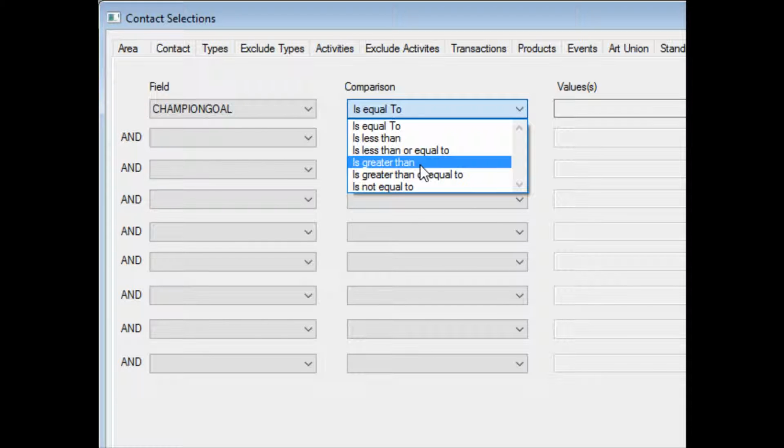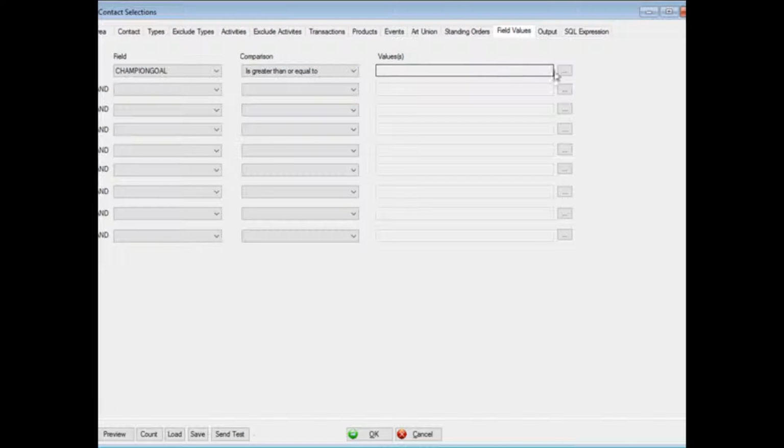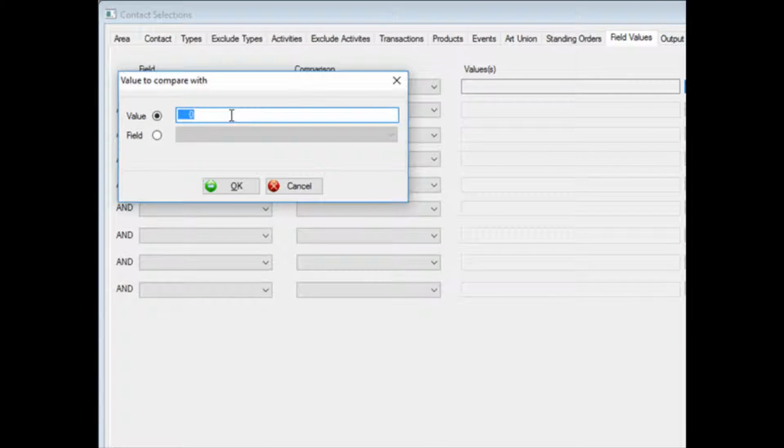Refer to the documentation on this new feature to get a full range of capabilities. So we want to say is greater than or equal to, and then we can specify either a value or a field. In this case we want to set a value of $100,